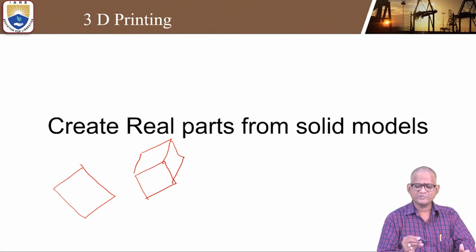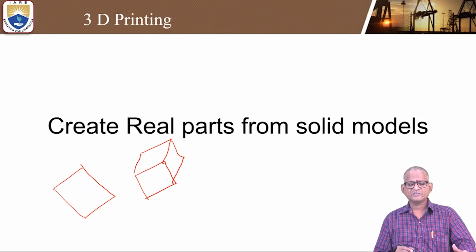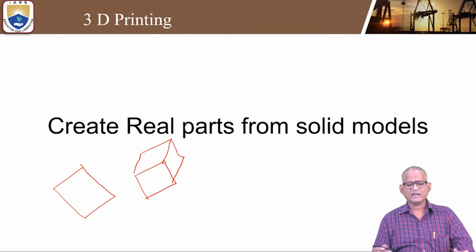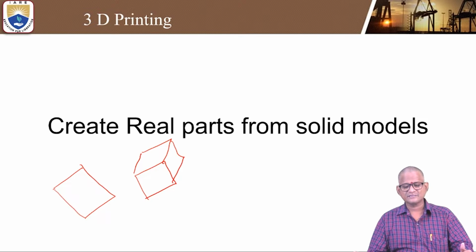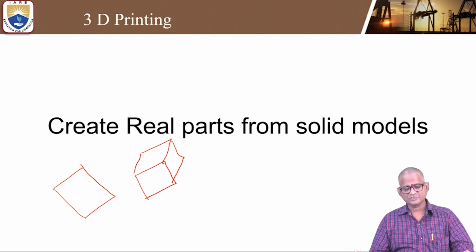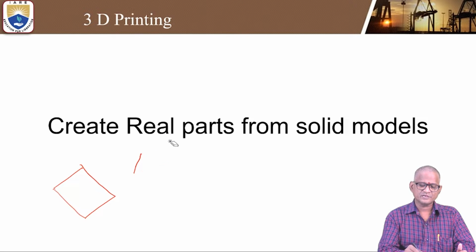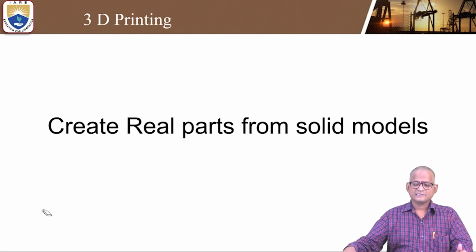So when you want to produce in this cube, you can use the 3D printing machine or rapid prototyping machine. When you want to create real parts from solid models, obviously you can use 3D printing. That is a very important advanced technology. Now all other universities and industries are making real-world parts, which are essentially needed for our generation. Now let us see the 3D printing